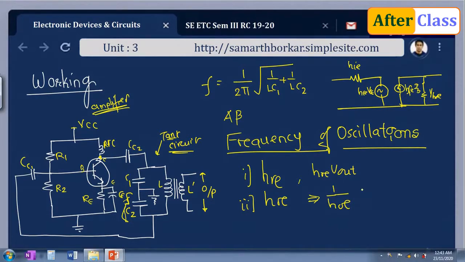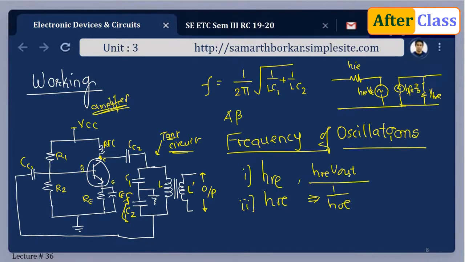So 1 by HOE is very large, so there is no chance of having current conduction through this path, because 1 by HOE is a very high value of resistance. So current will always prefer to travel through a path which offers less resistance. So again, this has no role to play, so we can neglect it, and this is again the HOE part, that is 1 by HOE is omitted from the circuit. Fine. So these are the two assumptions,